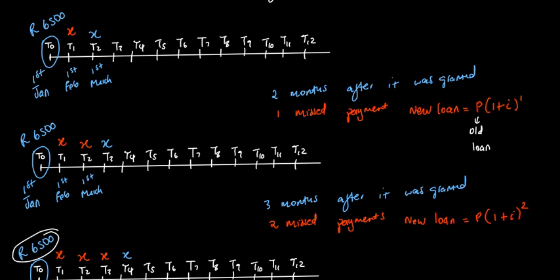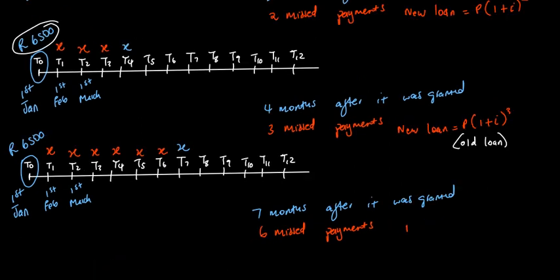So here, to get the new loan, that would be P into 1 plus i to the power of 6, because you missed 6 payments. Now it is very important to understand that, because everything we're going to talk about is based on this. So let's have a question, just to see how this thing is usually asked. I'll look for some questions, but for now